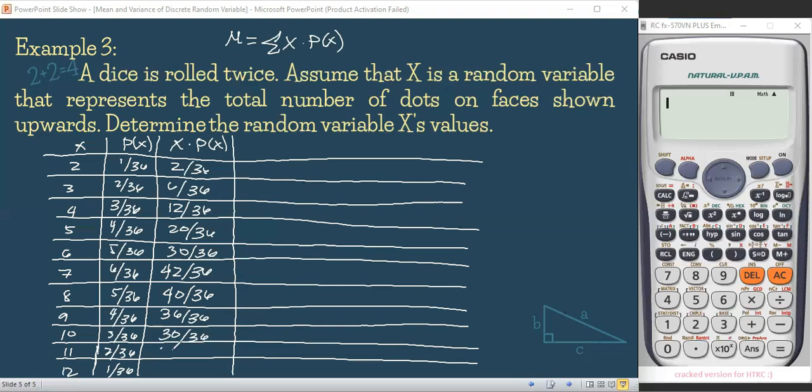Ito naman po, 22/36. 12/36. Ayan po, if we're going to add those,